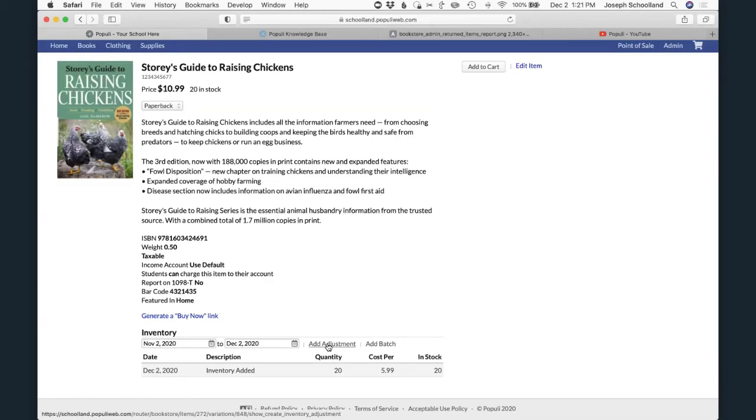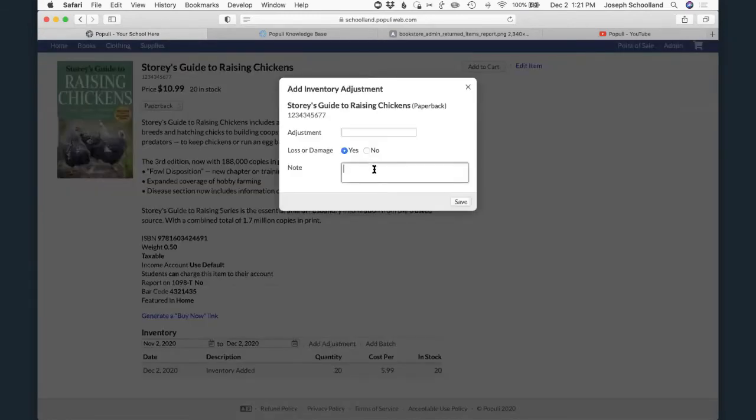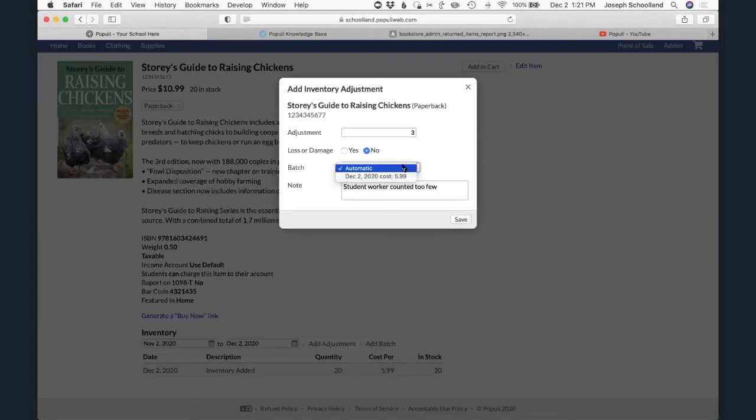So for example, let's say my student worker counted too few of these when they came in. So I actually have 3 more than I thought I did. And this is not a loss or damage thing. It was just a miscount thing. And so I can batch that in. Or I could say we actually just lost 1, we want a negative,